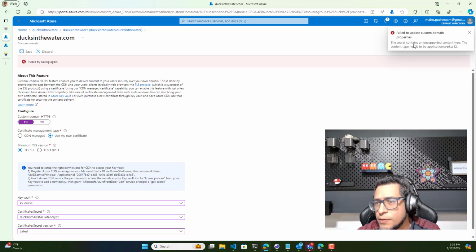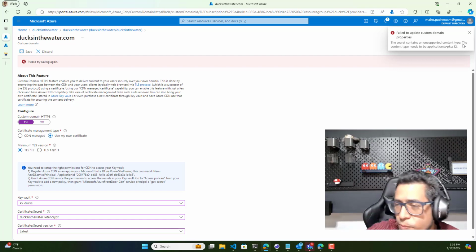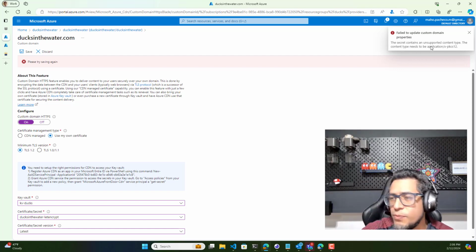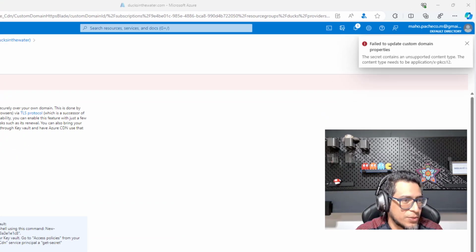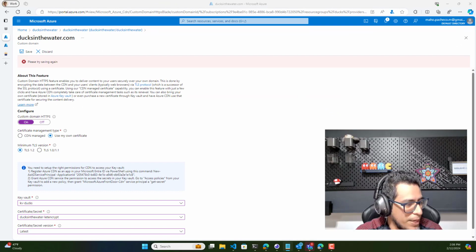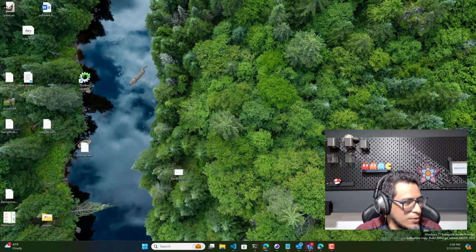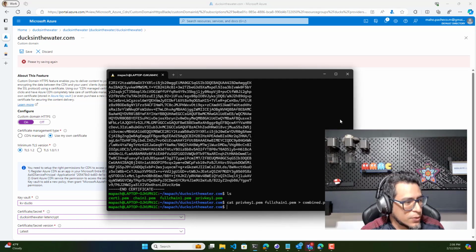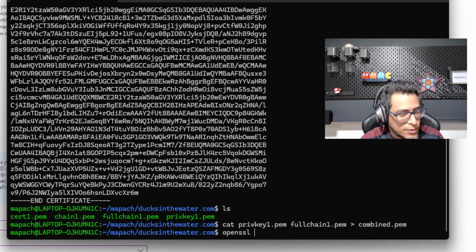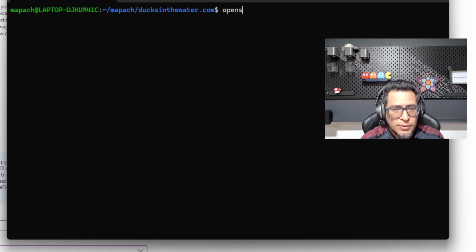Yeah, so it failed. The secret contains an unsupported content type. The content type needs to be application PKCS. So to solve that, we need to generate a, I mean, they don't tell you, but we need to generate a PKCS format. So let's just do that. To do that, we can use the OpenSSL command line. So OpenSSL PKCS 12